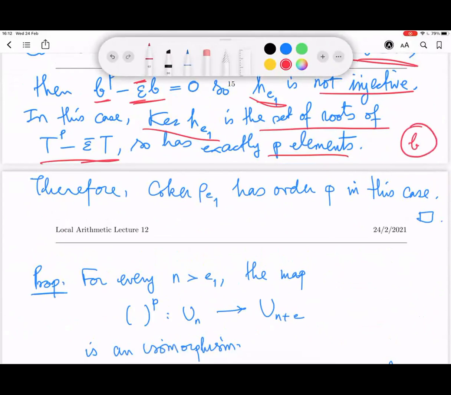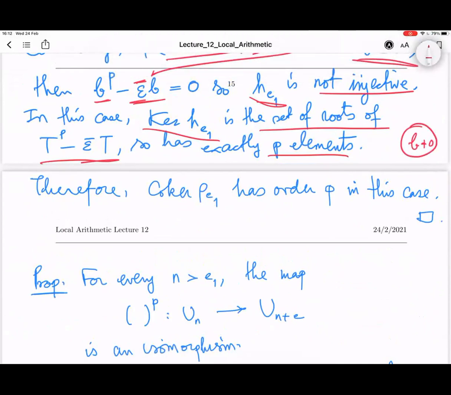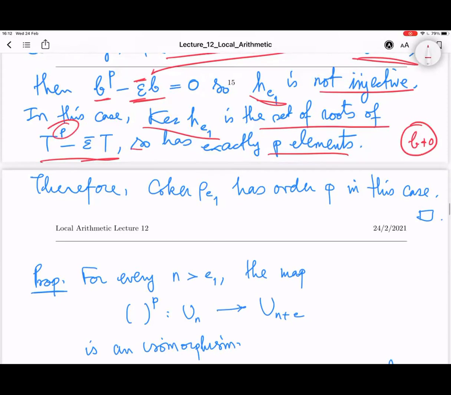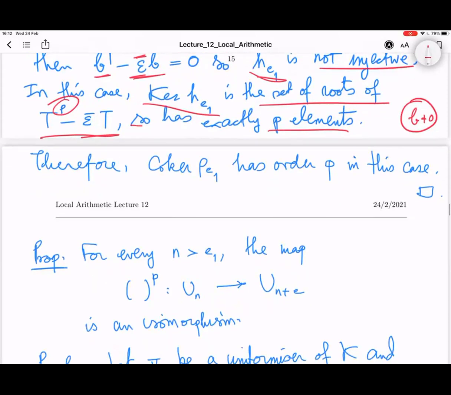It has at least one non-zero root, and the kernel has to be a subspace. So if it has a non-zero vector, then it has at least p elements, right? And it cannot have more than p elements because they are all roots of this polynomial of degree p. So the kernel has p elements, and